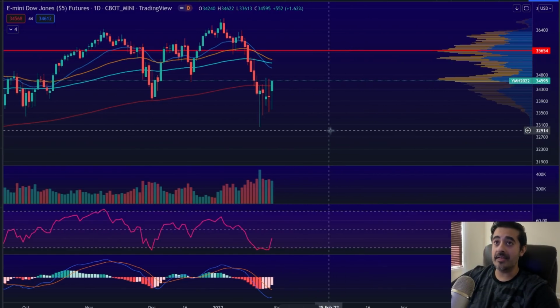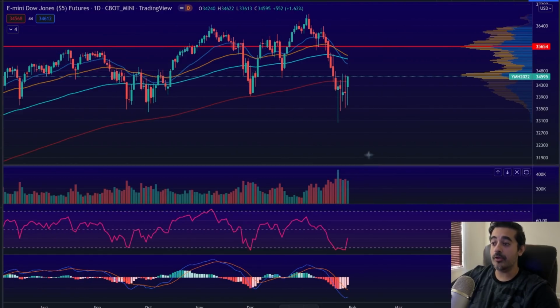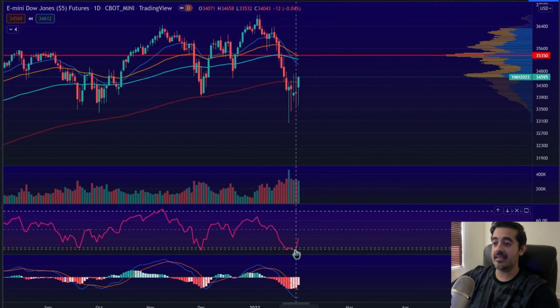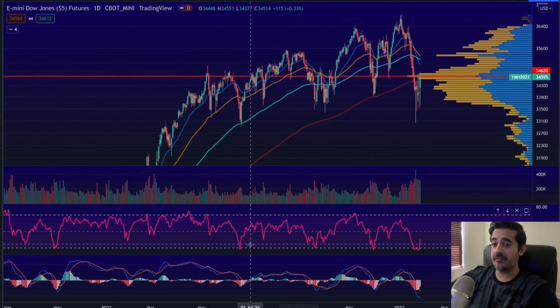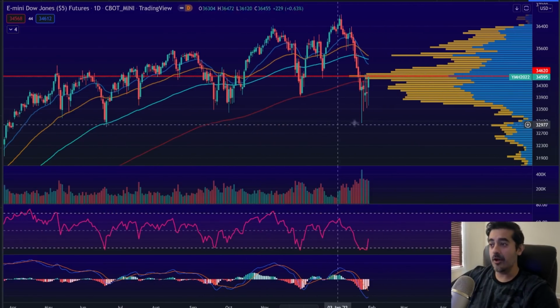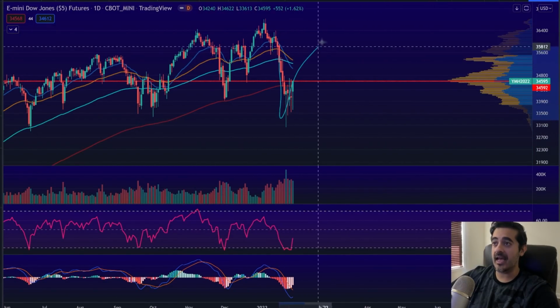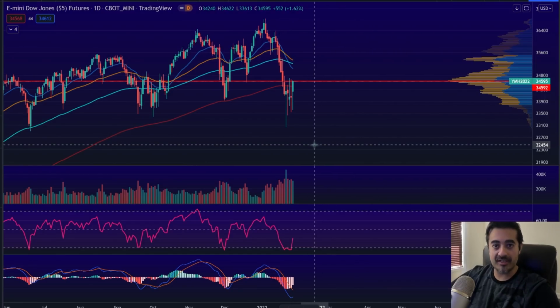But overall, if you look at the Dow Jones Industrial Average from a purely technical standpoint on the charts, what you're really seeing is that it hit the oversold level, and now it's recovering from there. If you go back, you'll see that the majority of times that it's hit oversold, it moves up further. Now, there's no guarantee that the exact same thing is going to happen and we're just going to have a straight up V-shaped recovery on the Dow, but I do feel like the overselling was not really warranted